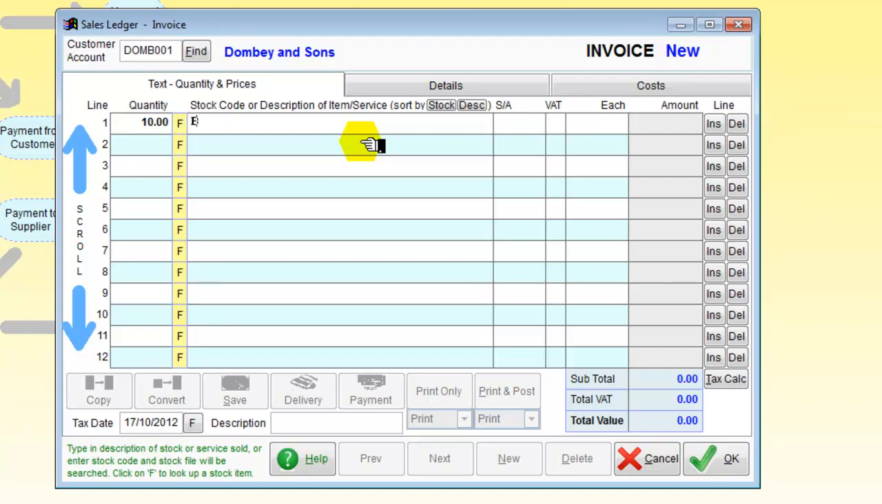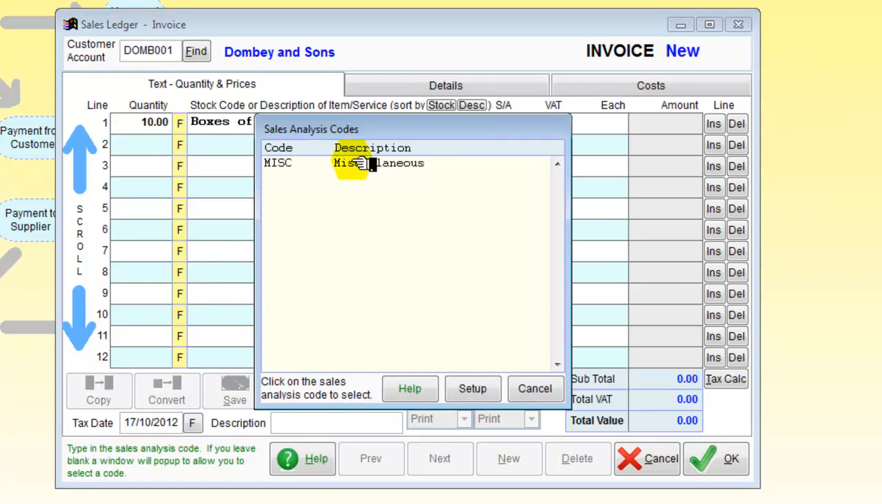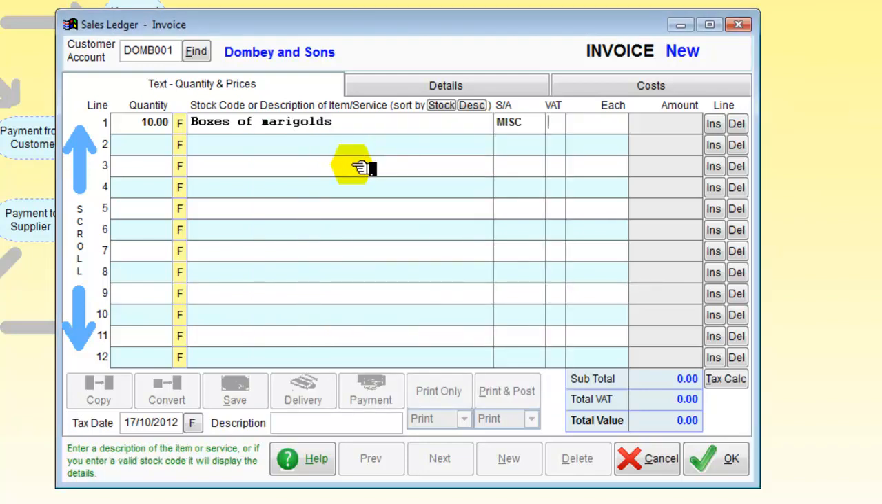We are going to say that these are boxes of marigolds, and when I tab along here it's going to ask what it is. Well, we're going to put everything down to miscellaneous. We're going to put one down for VAT. We'll say that each one costs $2.98 plus VAT, and we're also going to invoice them for 10 boxes